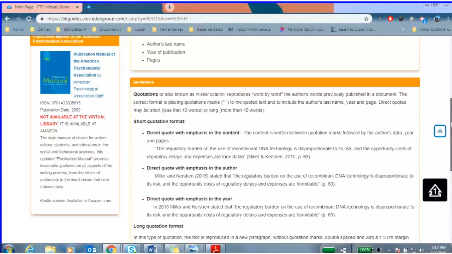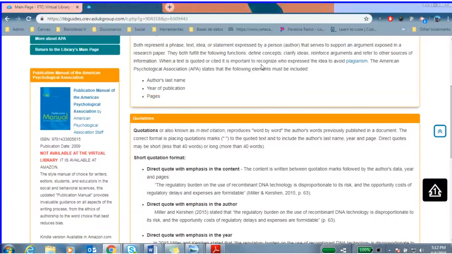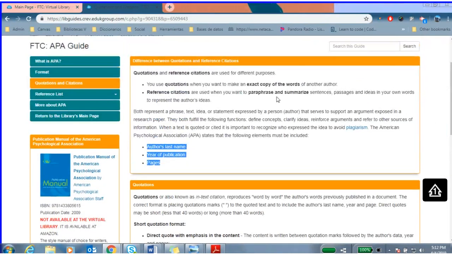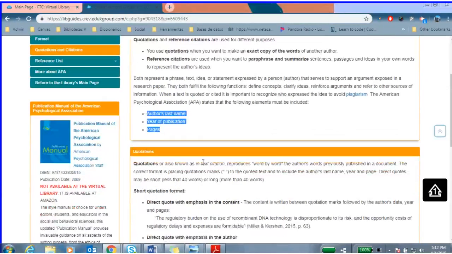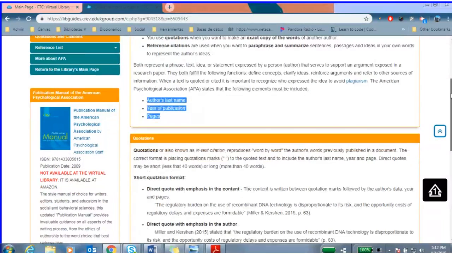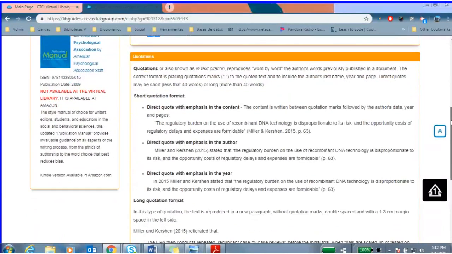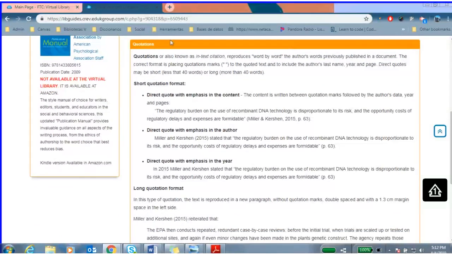But it's important, to not commit plagiarism, that you have these three elements when you cite and when you quote, which are the author's last name, the year of the publication, and the pages. And you're going to use that like this. In quotations, there are two types: short quotations and long quotations. In the short ones, you have three